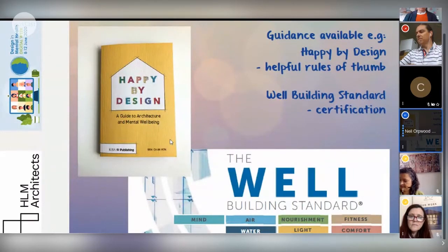There's guidance, there's really good guidance out there, everything from simple rules of thumb. Ben Shannon's book, Happy by Design, is a great little read if nobody's had a flick through, in terms of picking up small issues right the way through to the bigger, I suppose, compliance and actually achieving approval ratings through things like the WELL Building Standard and Fitwel. I'll try and use as part of the basis for some of the points I'm picking up through this presentation the WELL Building Standard key topics that you can see there